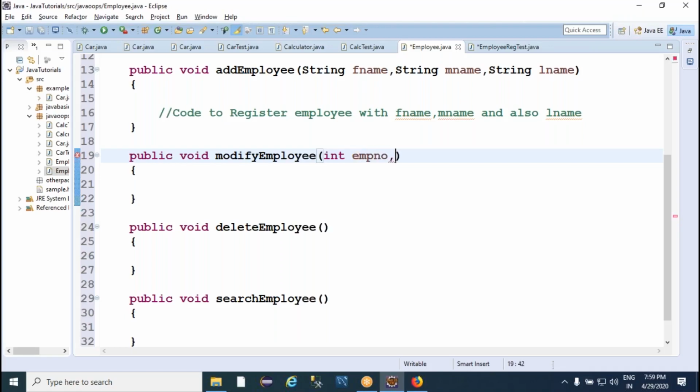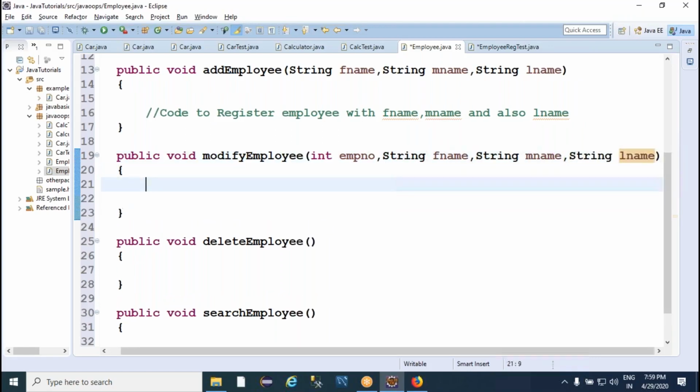Which employee number, which employee you want to modify, edit. Then what you want to edit? First name, middle name, last name. So here